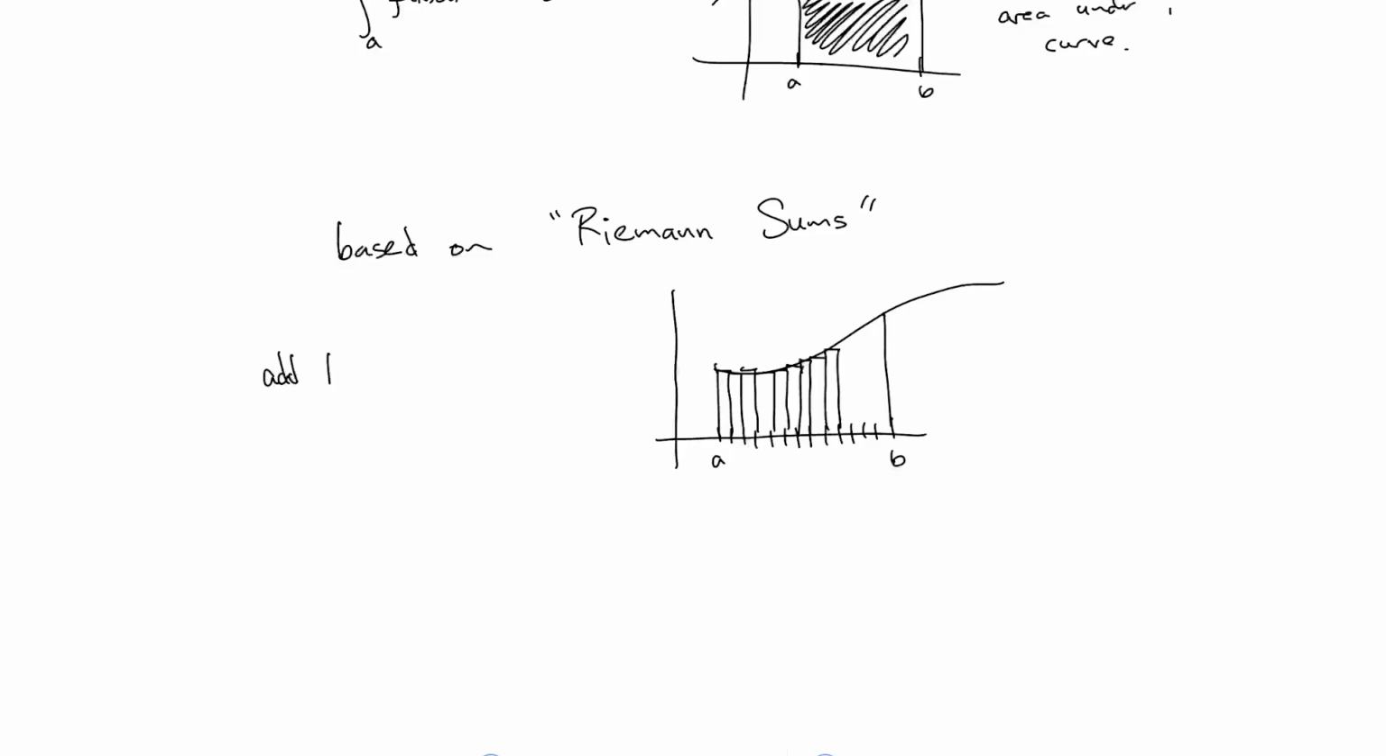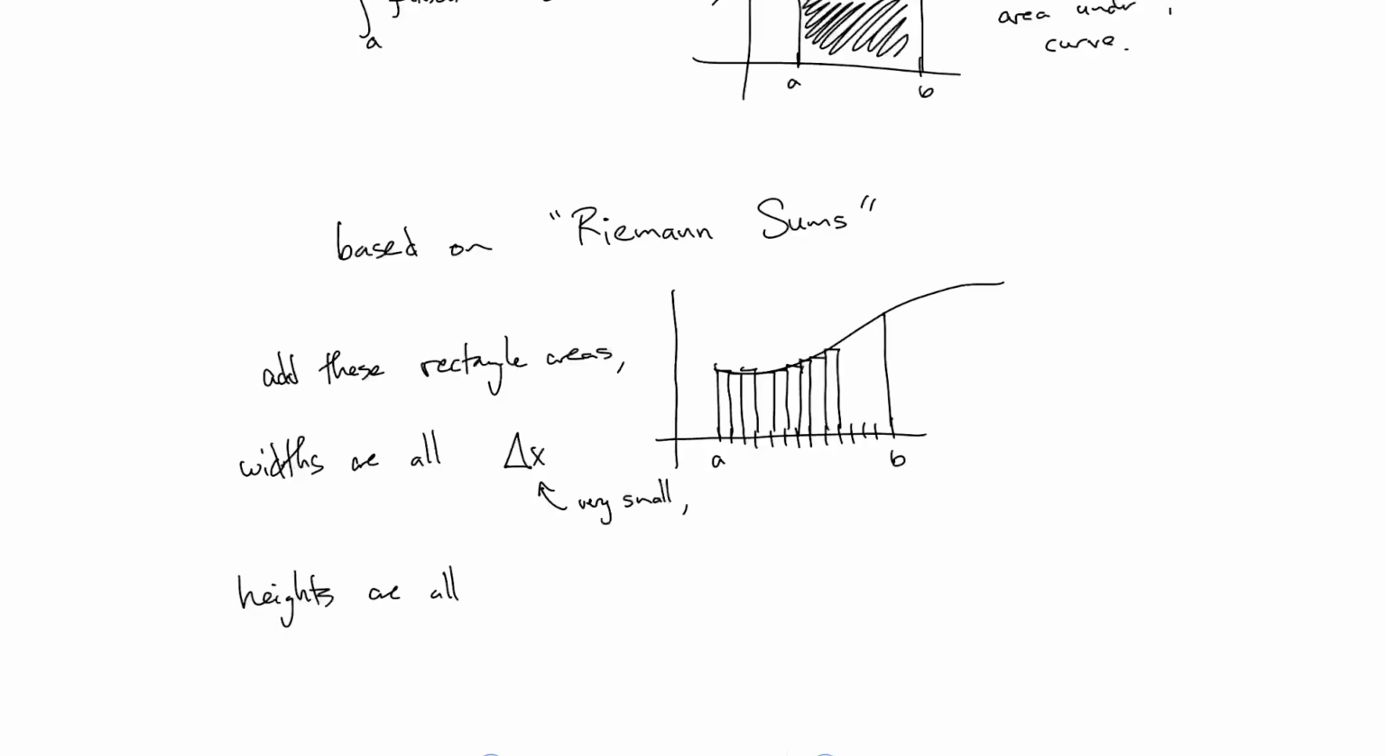You add these rectangle areas, and the widths of the rectangles are all some little bitty width, which we usually call delta x, and this is very small. And then the heights are all f of x. The heights are all determined by how tall the graph is where each one of those rectangles are, right? The height of the graph tells you how high the rectangle goes. Those are the heights. You have some kind of very small width, which we usually call delta x, and then